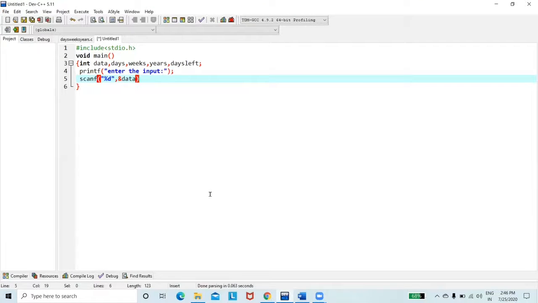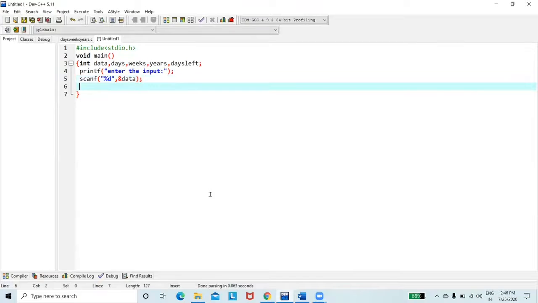So the input will be stored in data. Okay, now the program logic starts. Now you have your input in data. First, what we thought, we have to divide it by 365 to get years. So years is equal to data divided by 365. Here you will get your years.